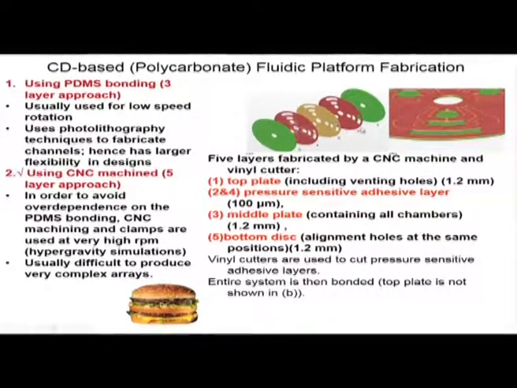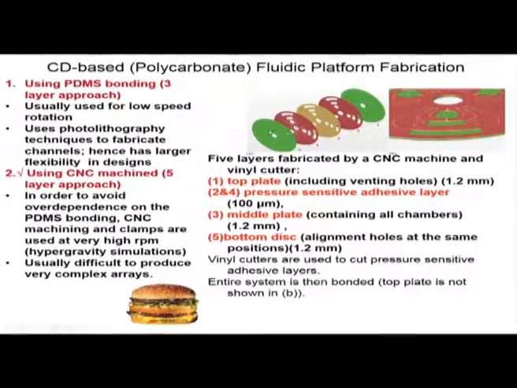2 and 4 are pressure sensitive adhesive layers of 100 micron thickness, and typically you can use vinyl cutters, which are like cutting plotters, to cut microchannels on this pressure sensitive adhesive layer. Those are the layers on which microchannels are cut. Then you must have chambers which connect the microchannels, like reservoirs.